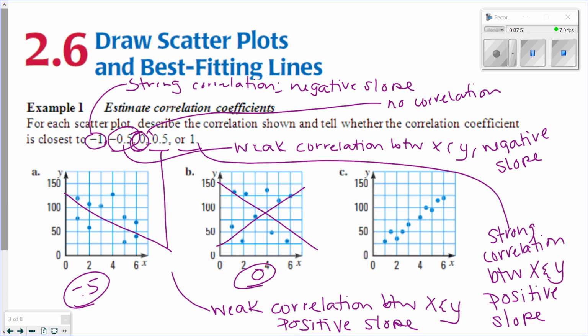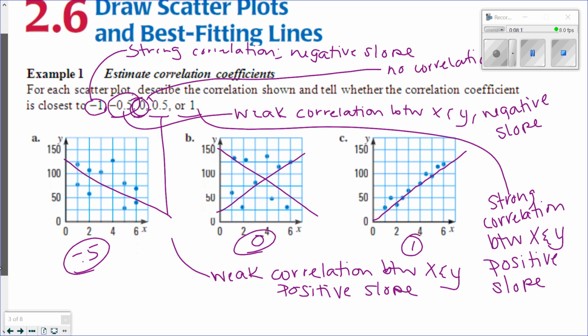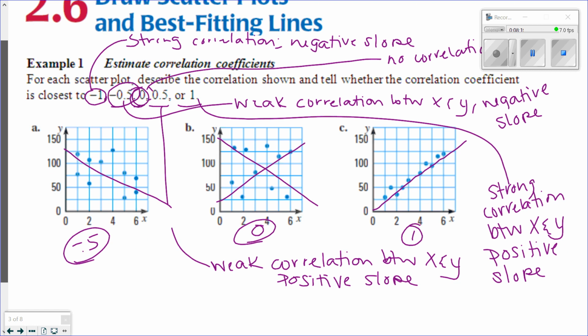And then letter C, all of our points are pretty close together. So we can see a pretty strong relationship between x and y. And our slope is positive. So we can estimate that correlation coefficient at about 1. Now, if you actually do these, and I'll show you how in just a couple minutes, but letter A,